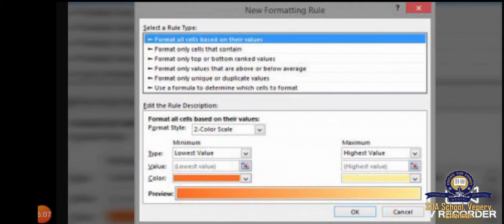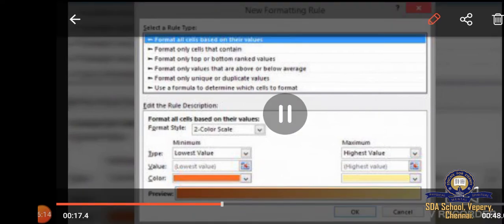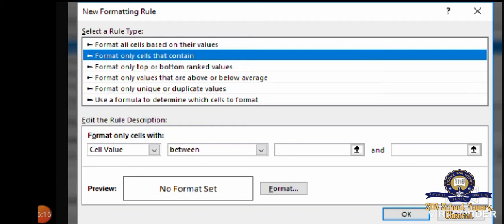And again, a new formatting rule to edit the condition. Another dialog box will appear. This is how it will appear, and it shows cell value and between drop-down boxes; only the values in the text box have to be filled, and then click the format button and choose a color. Whatever color you want, you choose it, and then you give the command OK.